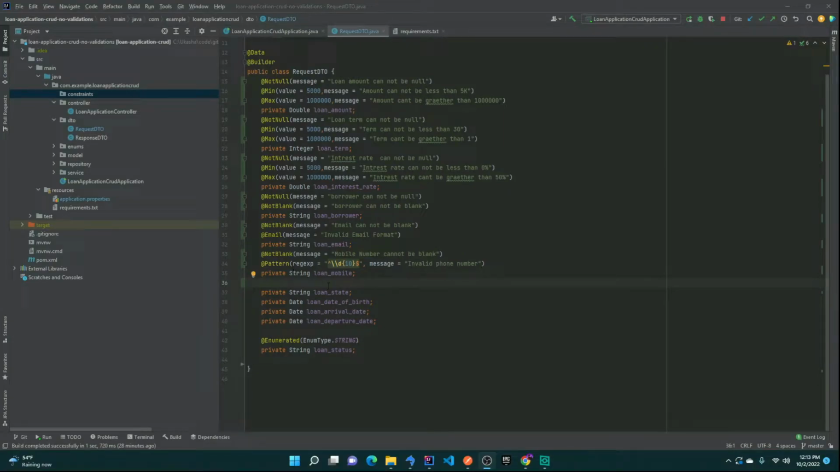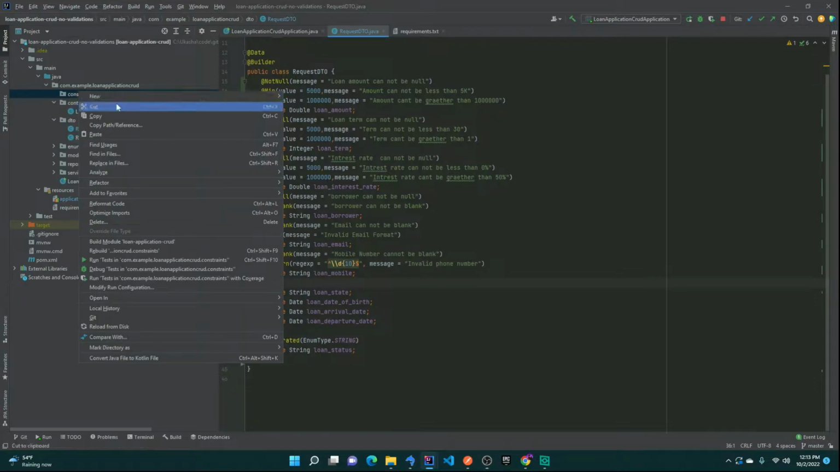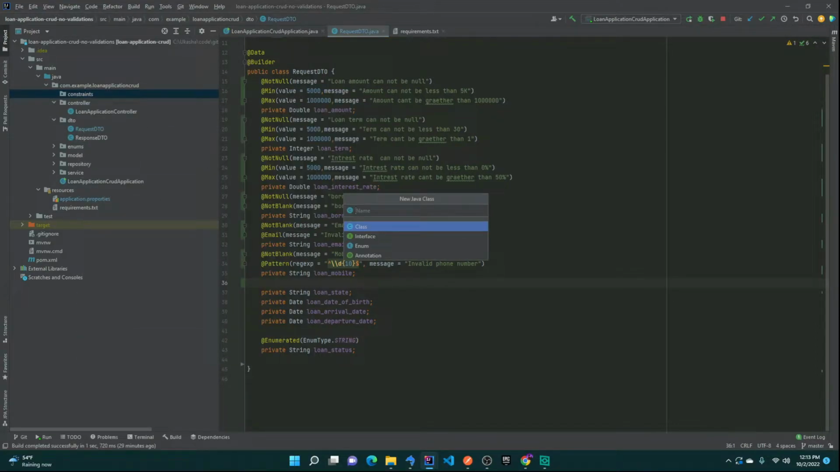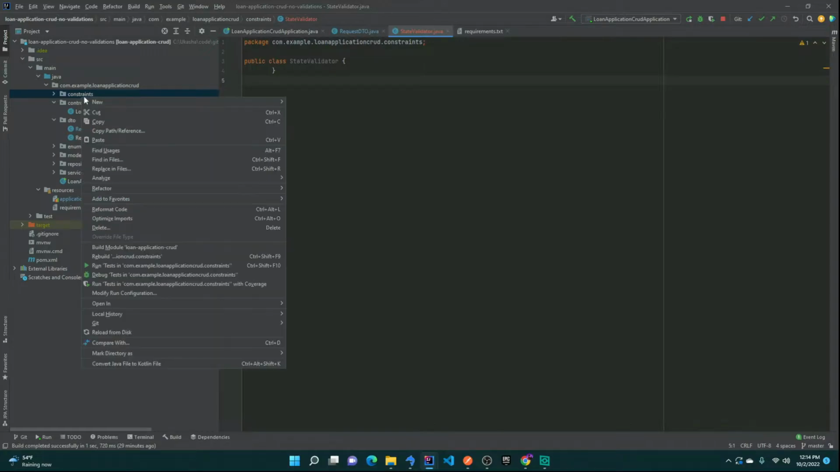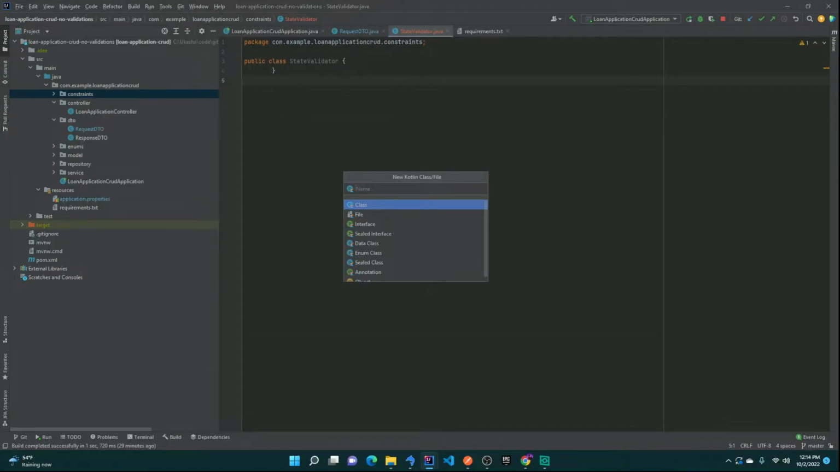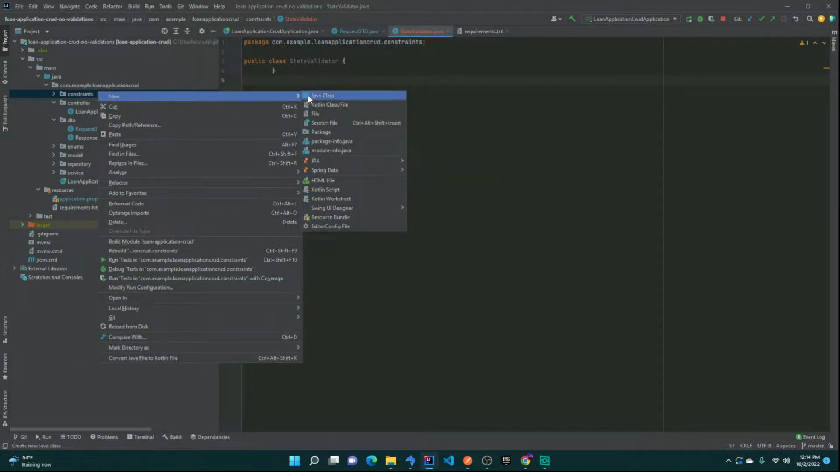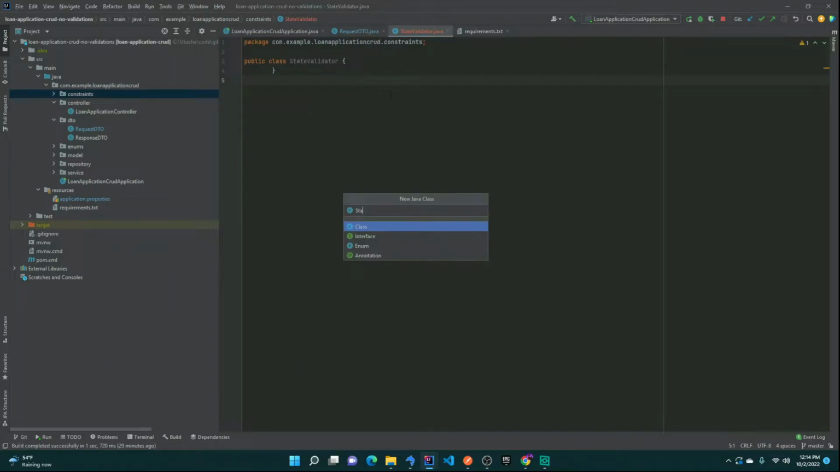Alright, so for the loan state, we don't actually have a built-in Spring Boot annotation, so we're gonna go ahead and create a constraints package, and in that we're gonna add two things. One is going to be the StateValidator, which you're gonna use. I'll leave it as is right now, and we're gonna add another class, StateConstraint,